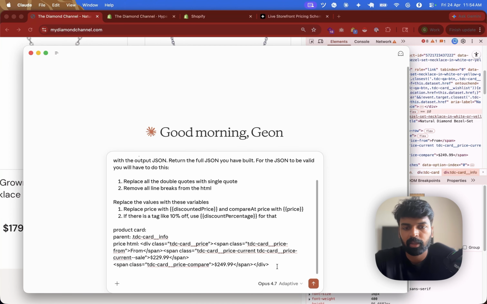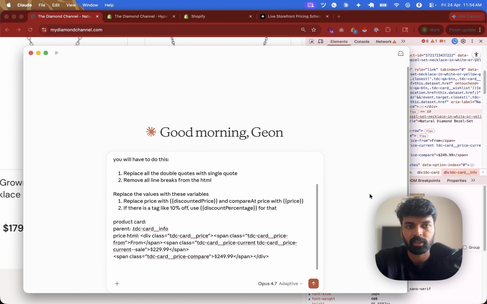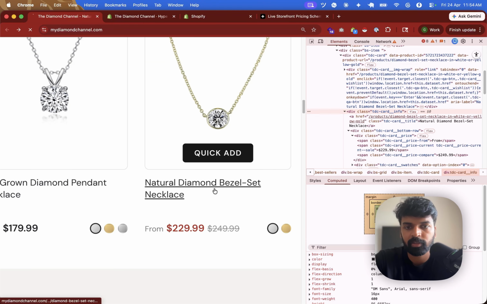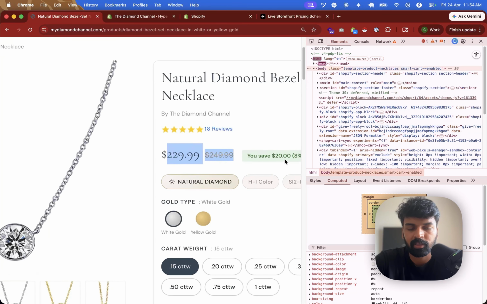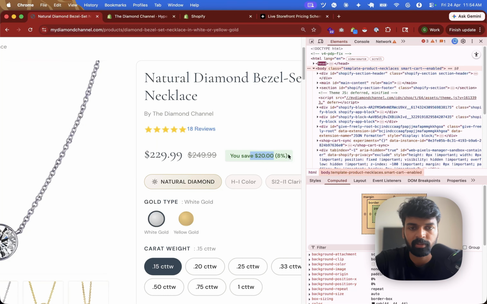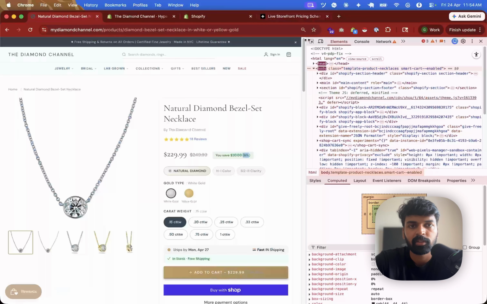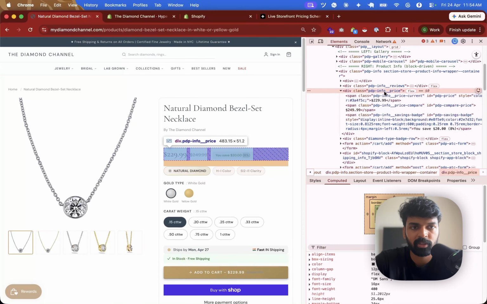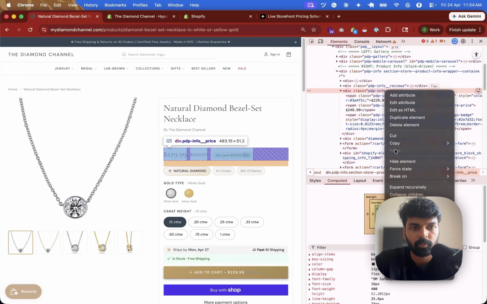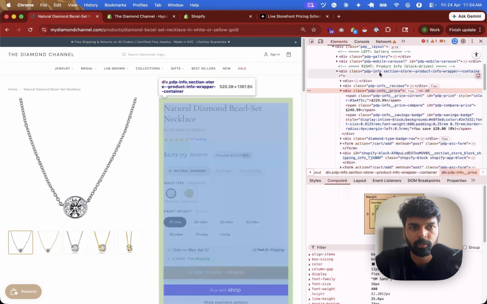And I'm gonna add one more thing, which is basically I'm gonna open this product here, and you can see that we have this thing, and it says that you save $20, and this is the 8% discount. So we are gonna do that also. So I'm gonna copy this section right here, copy outer HTML, and for product